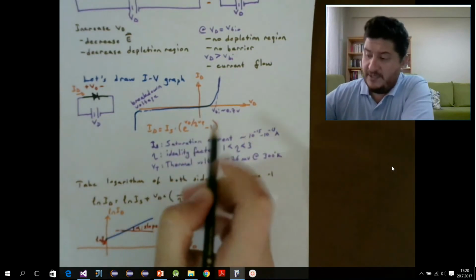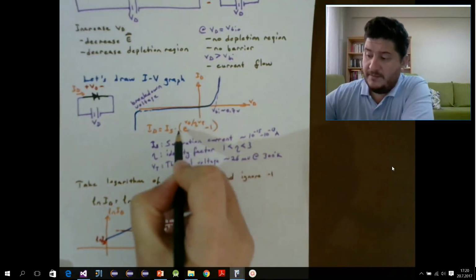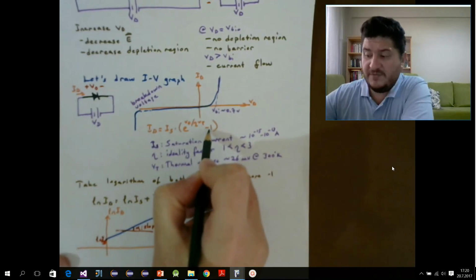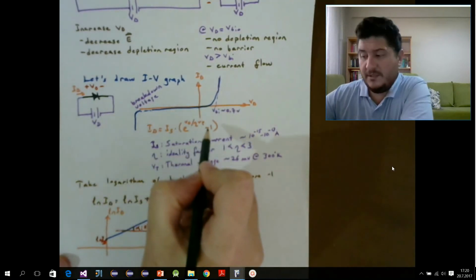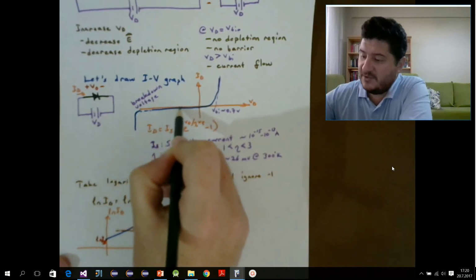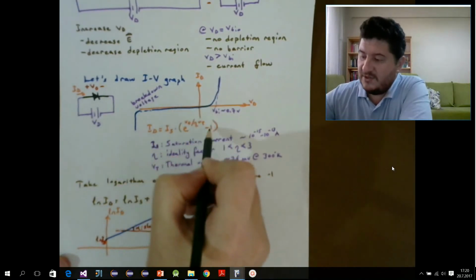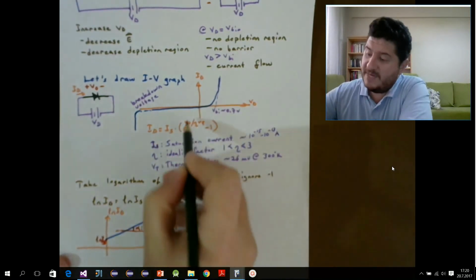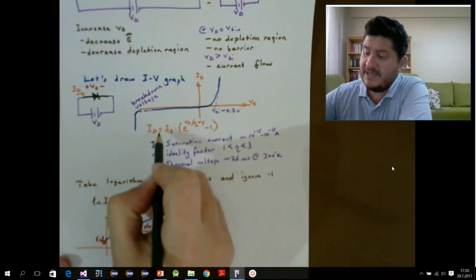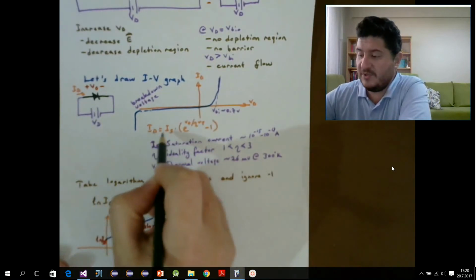So if we eliminate this minus 1 here, the reason why we have minus 1 is because of this little current here, so if we ignore that minus 1, and take the natural logarithm of both sides, we have